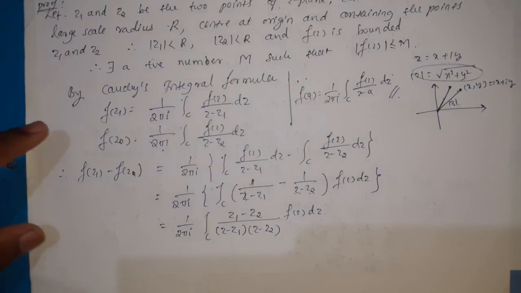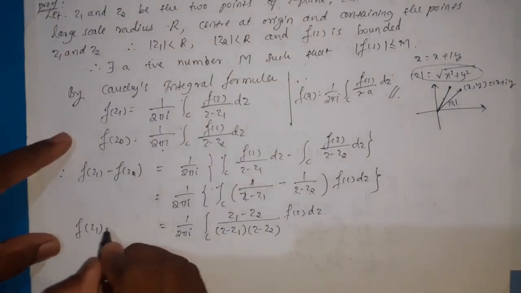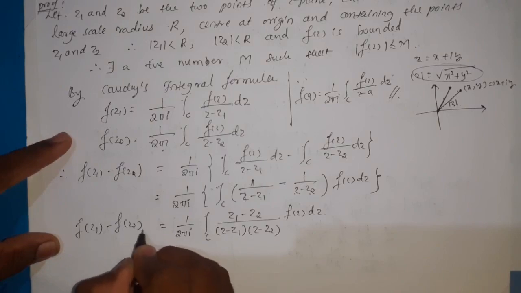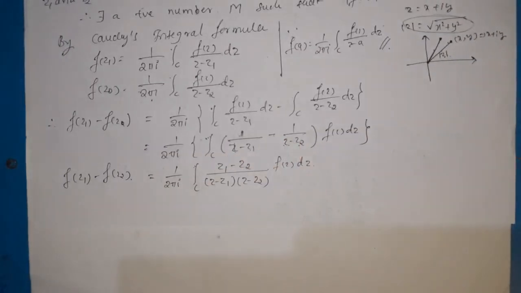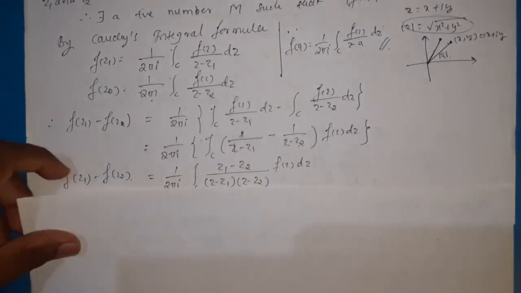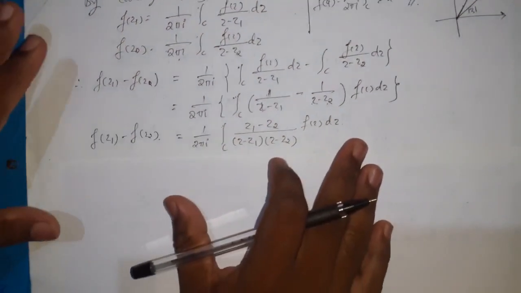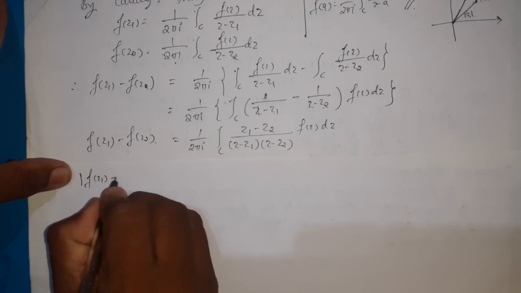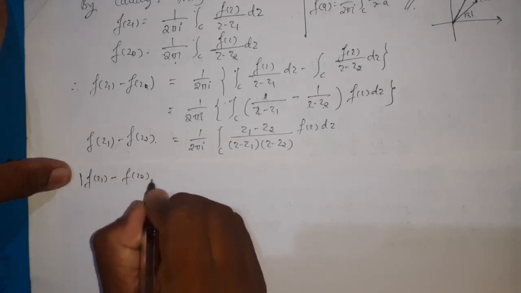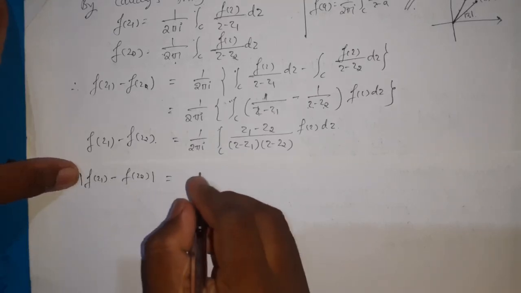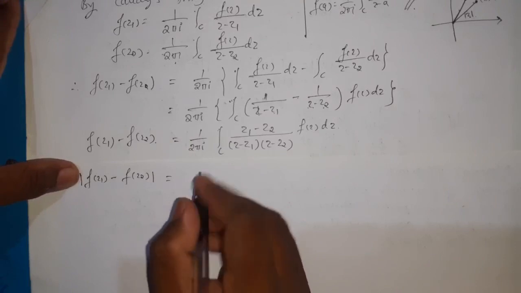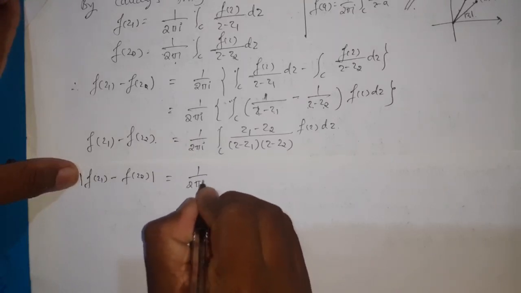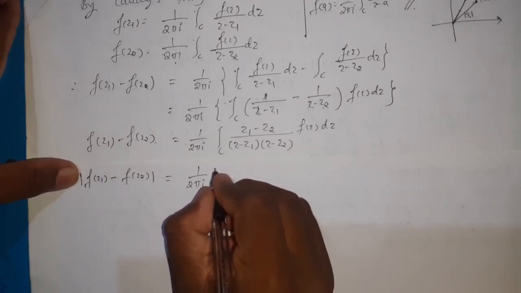So it is about f of z1 minus f of z2. Next, apply the modulus on both sides, that is mod of f of z1 minus f of z2 is equal to, as 1 by 2 pi i is constant, 1 by 2 pi i integration over C,